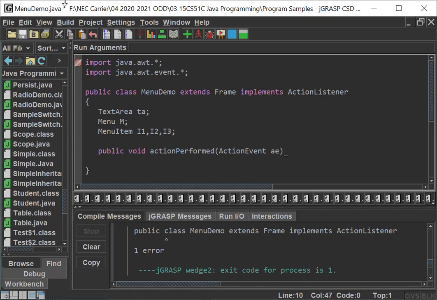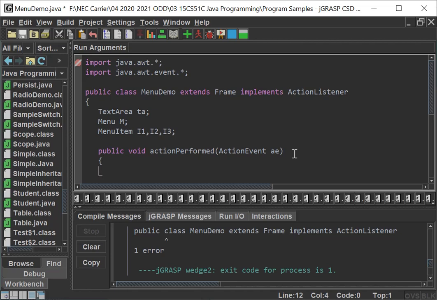Why? Because by utilizing this reference variable, the ActionEvent class can identify what action is performed in my container class, that is, in the frame output window. I am going to open and close this method definition.